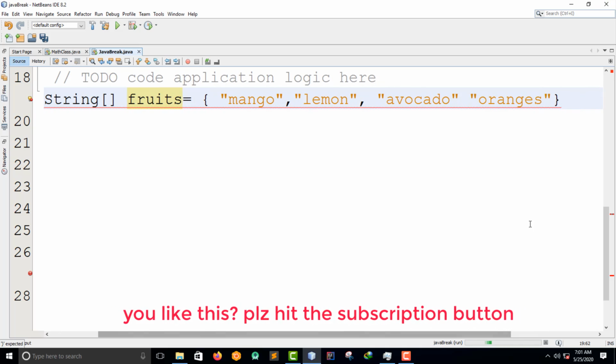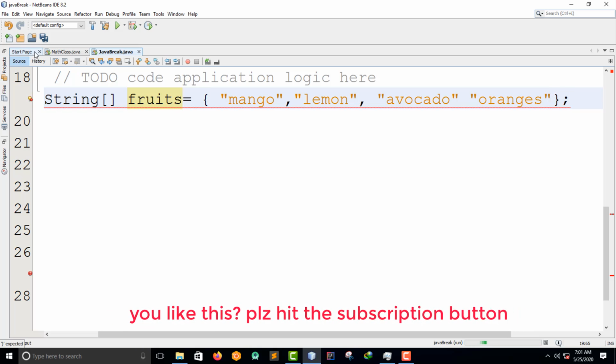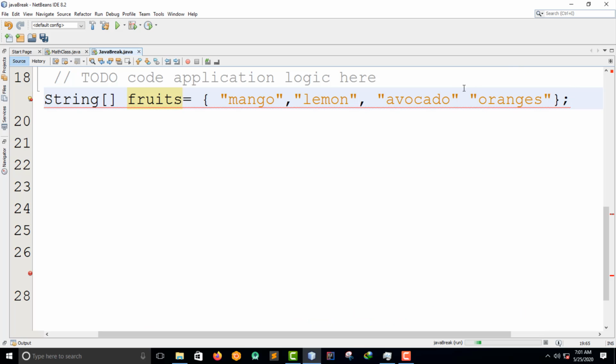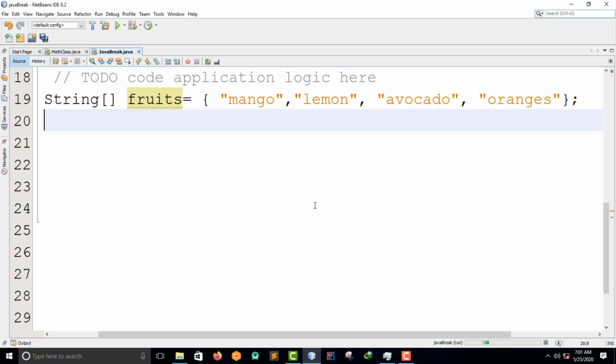The only thing that we are left with is this. This is how we create this. So this is an array for strings. For an array of integers, you just use the int type, and then you put the two brackets, then you name it. Let me call it number, right?